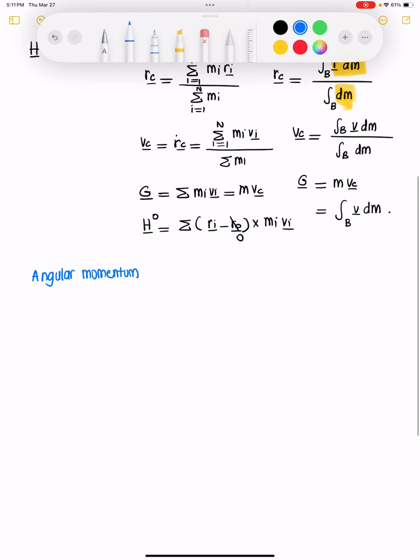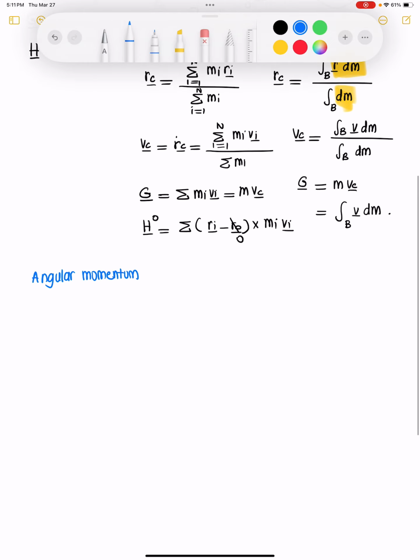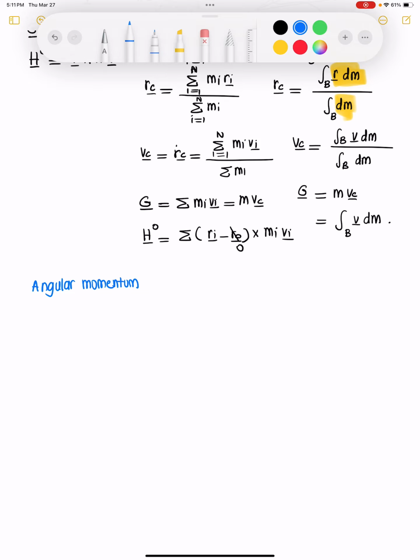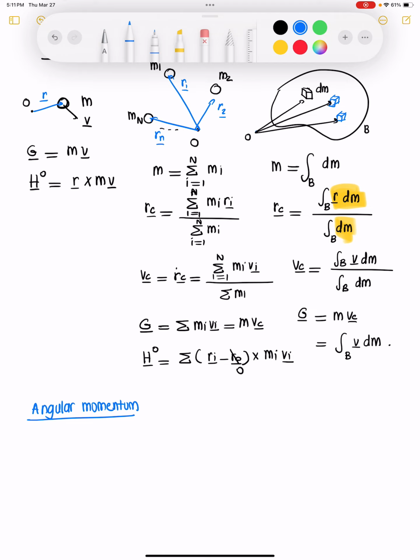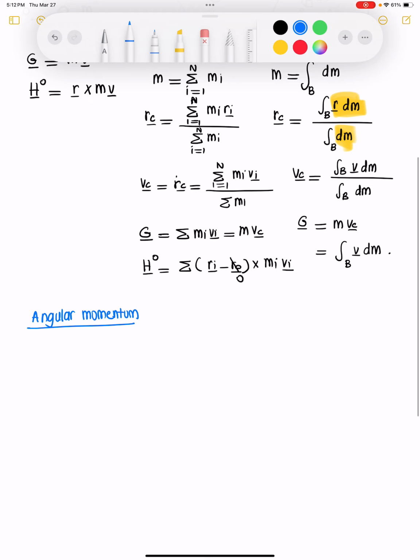The angular momentum of the system relative to any point P is calculated like that of a system of particles, except that we're going to do a continuous integral instead of a discrete sum. So the angular momentum of a system relative to any point P